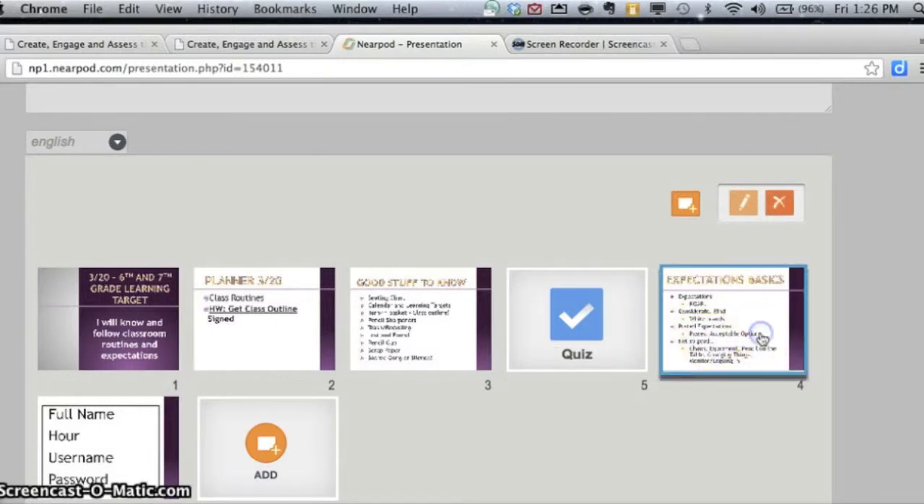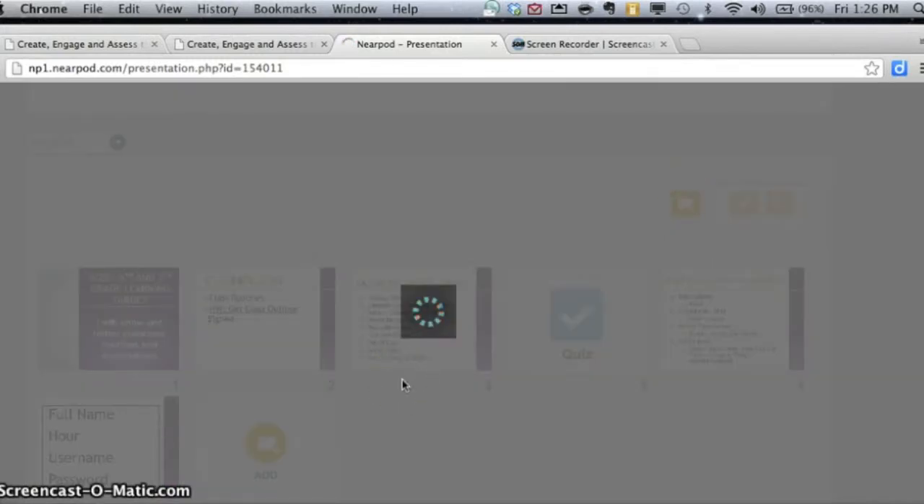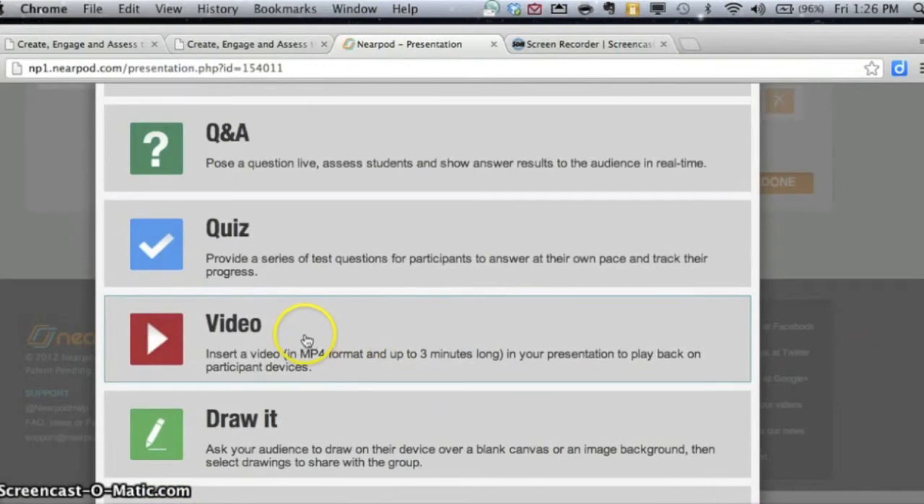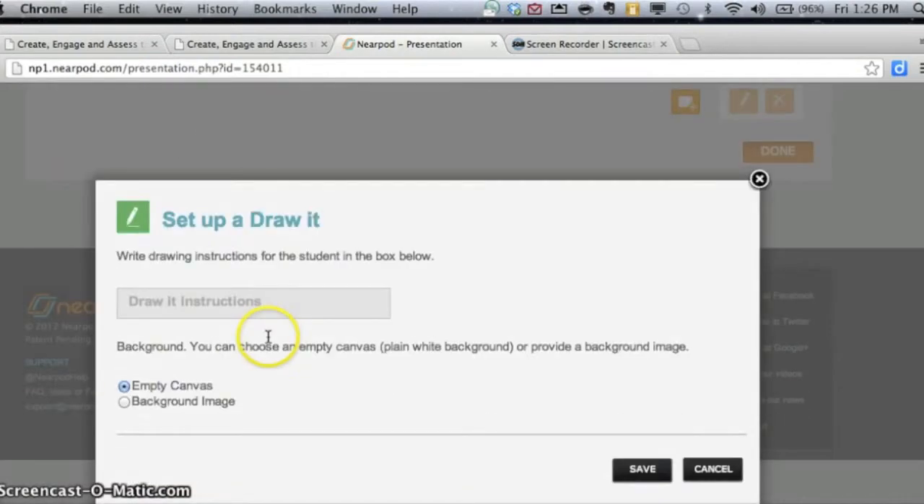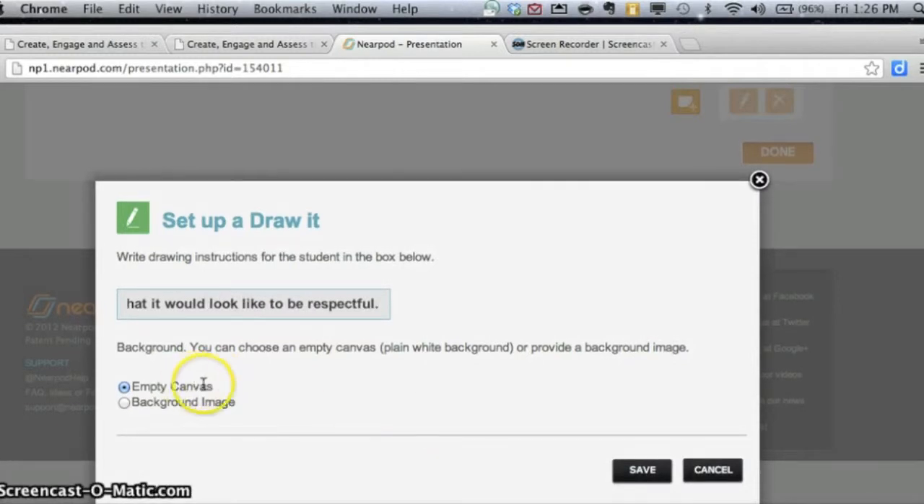All right. On this next slide, I talk about expectations, behavior expectations. So maybe I would add another one. And let's do something kind of fun. Let's do a draw it. And why don't I ask kids to draw what it would look like to be respectful. I can either have an empty canvas or I could do a background image that the kids would then be drawing over. So imagine if you were a math teacher